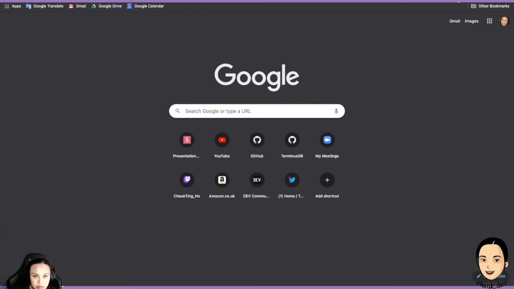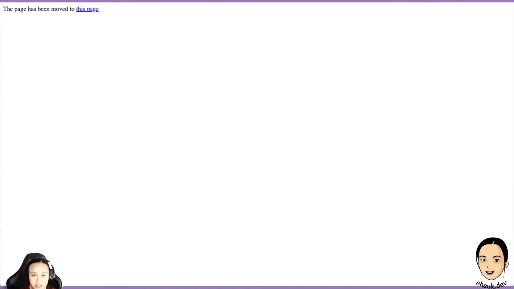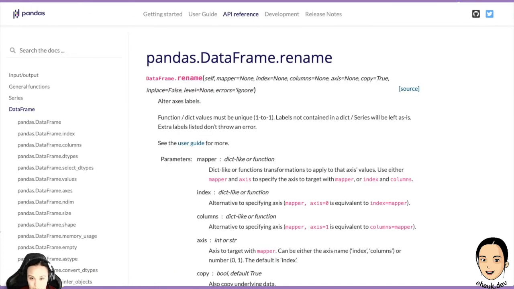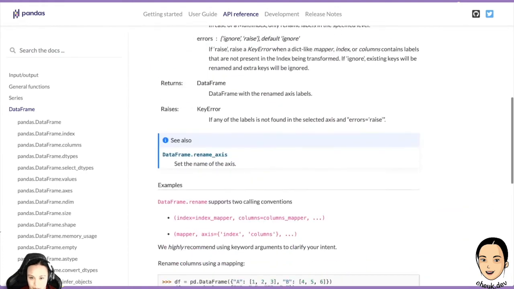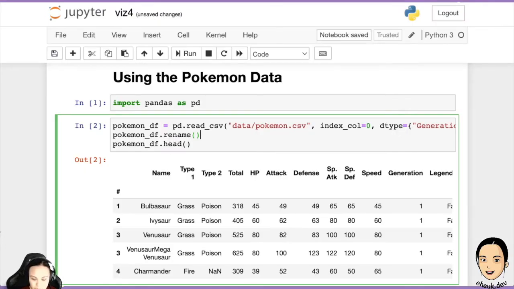Yes. I thought rename, and then I think it's a dictionary of the old name mapped to the new name. Do you have an example here? Yeah. So columns equals to, okay. So rename columns equals to a dictionary where we want type 1